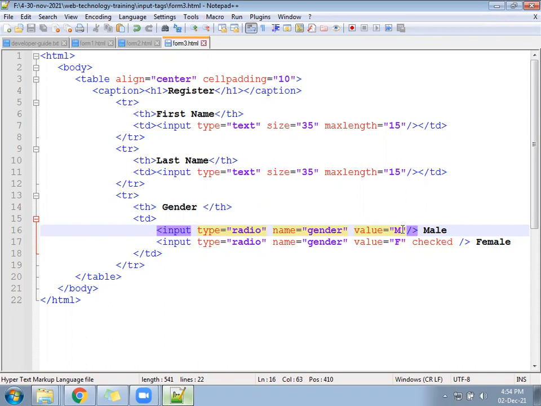So anyone. Now who will come last? That will get applied. The browser reads from the beginning. First it reads male, then says okay, you become checked. Again, on the next line the browser reads female, then female is also checked. Then the browser will remove the checked from the first one and apply it to the last, because the name is a common name.